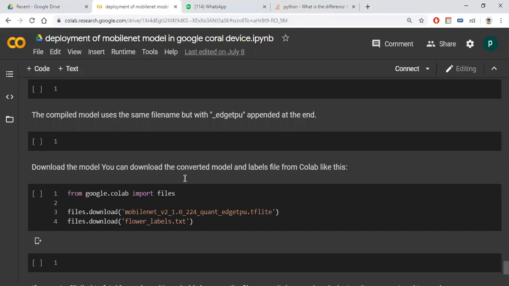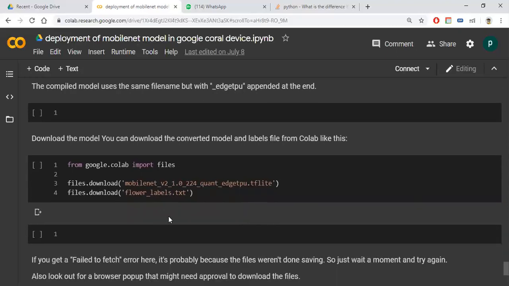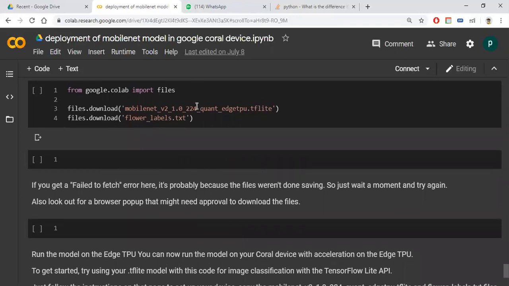Then you can download the converted model and labels. We need to give these two files: this is the labels file, and this is the trained model name.